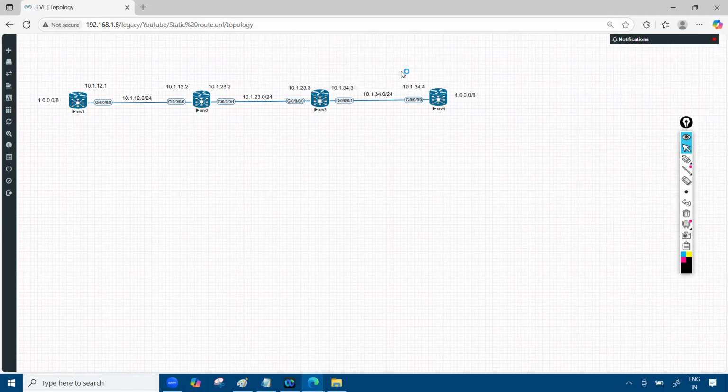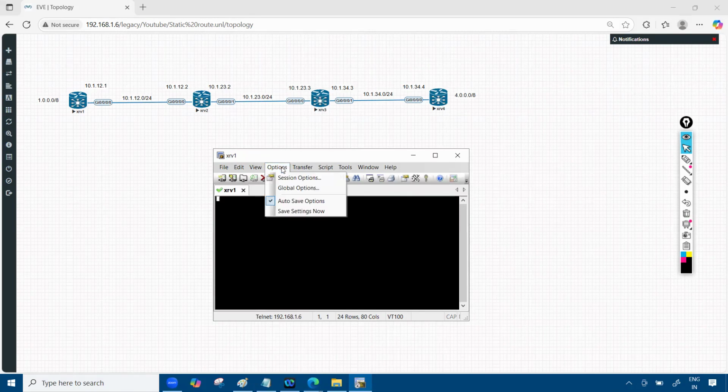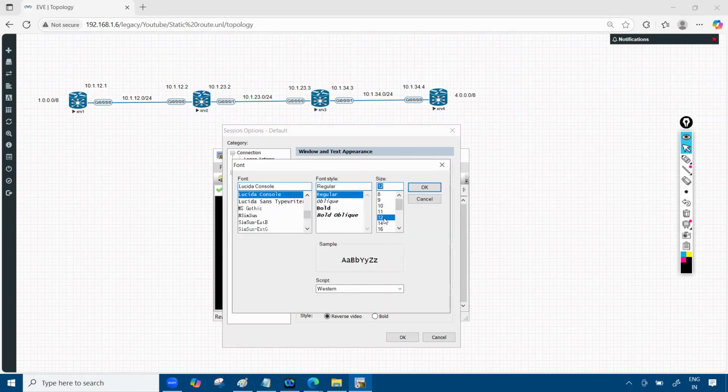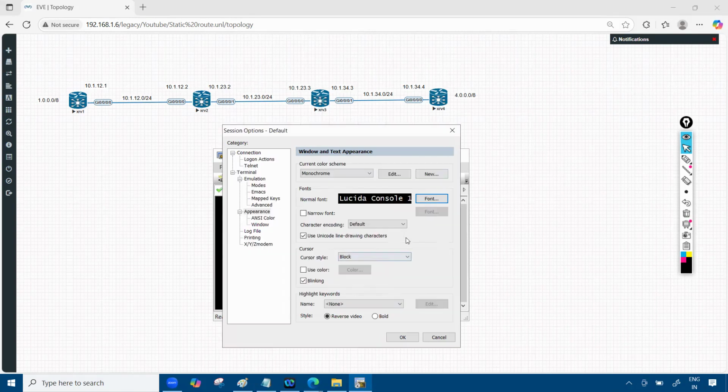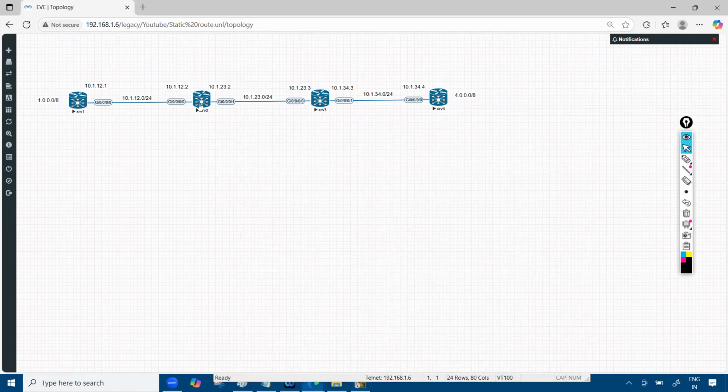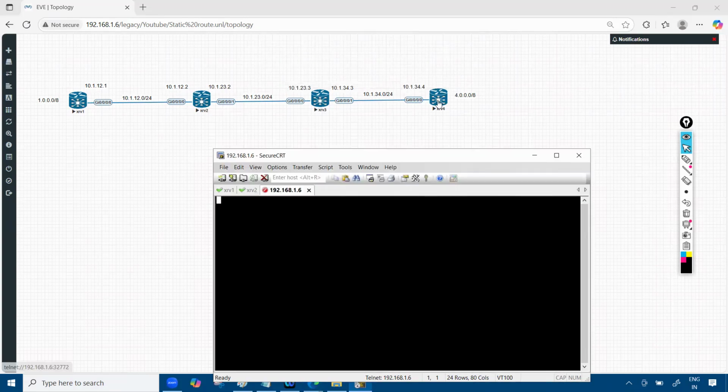I'll take a console of this router and change the appearance size. We have to go with 12, it is better. Save it. R2 as well, R3 as well, and R4 as well.